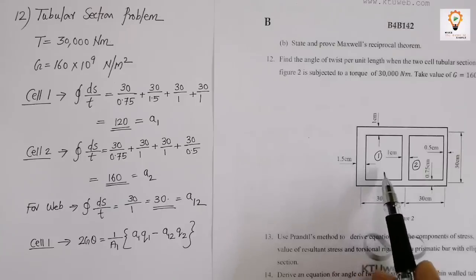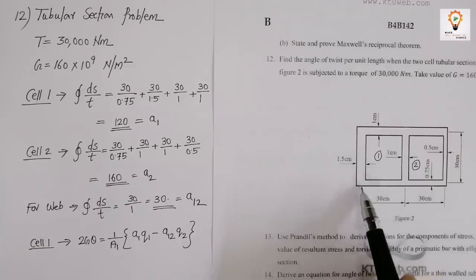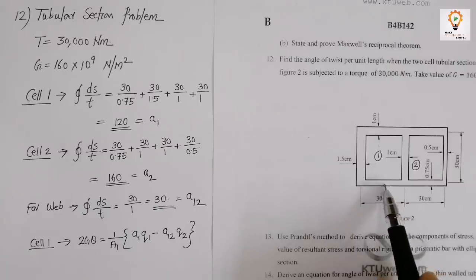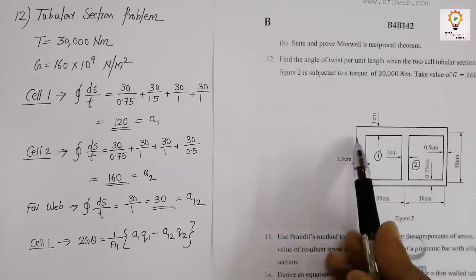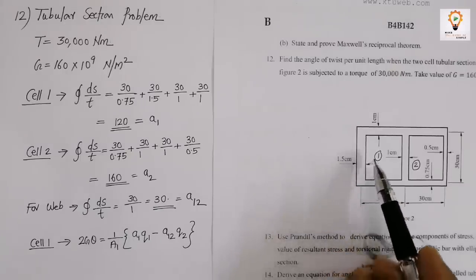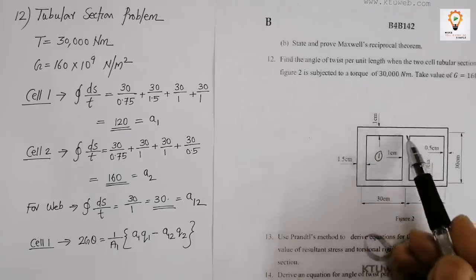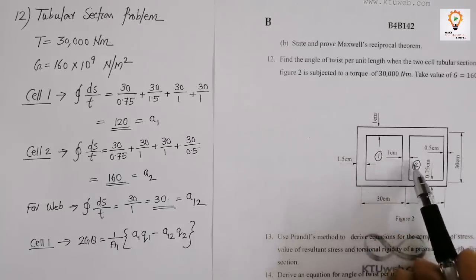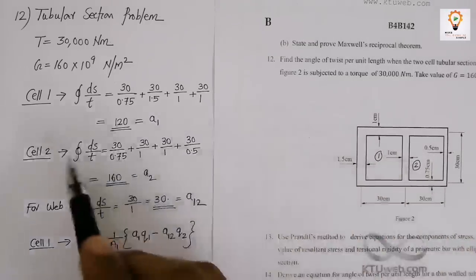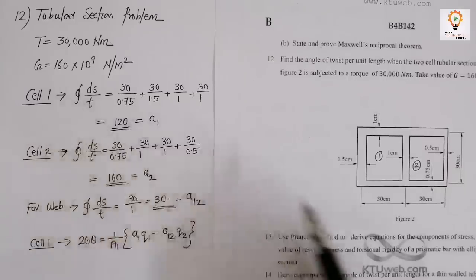So what does that mean? Closed integral ds by t is this length divided by this thickness, plus this length divided by this thickness, plus this length divided by this thickness, plus this length divided by this thickness. So what do I obtain then? Closed integral ds by t for cell 1 is equal to